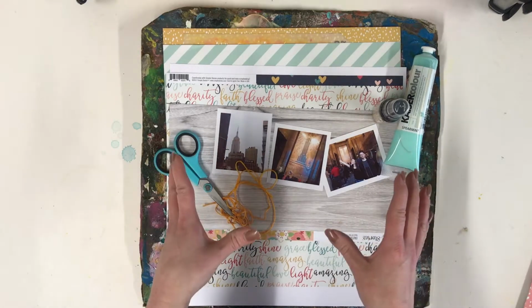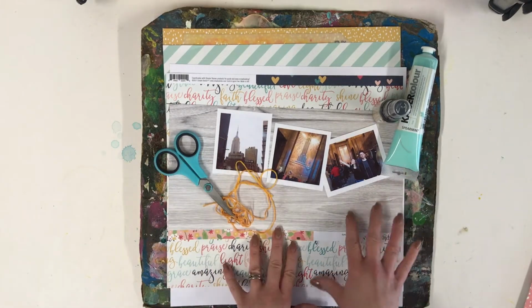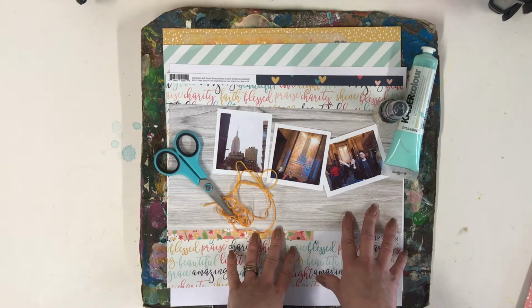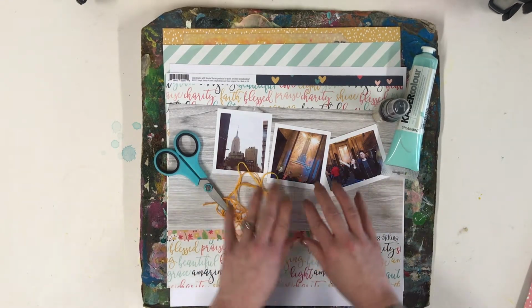Obviously you're going to see it all in one go, but it's one of these layouts that's going to take me quite a bit of time, so I shall need to film it in stages. I'm going to start with the wet stuff first. I've got three